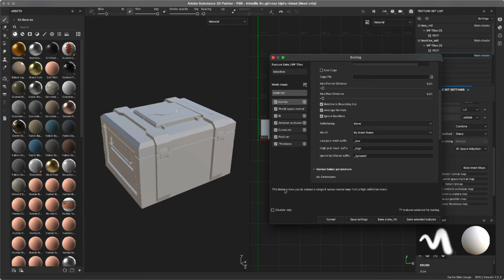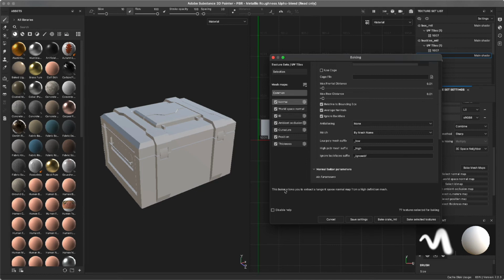assets to each other. The benefit of this is that you can get a really clean bake without necessarily having to explode the mesh. That's something that we talked about in a previous tutorial. The idea of actually separating all of the pieces before exporting so that you have nothing interfering with the rays